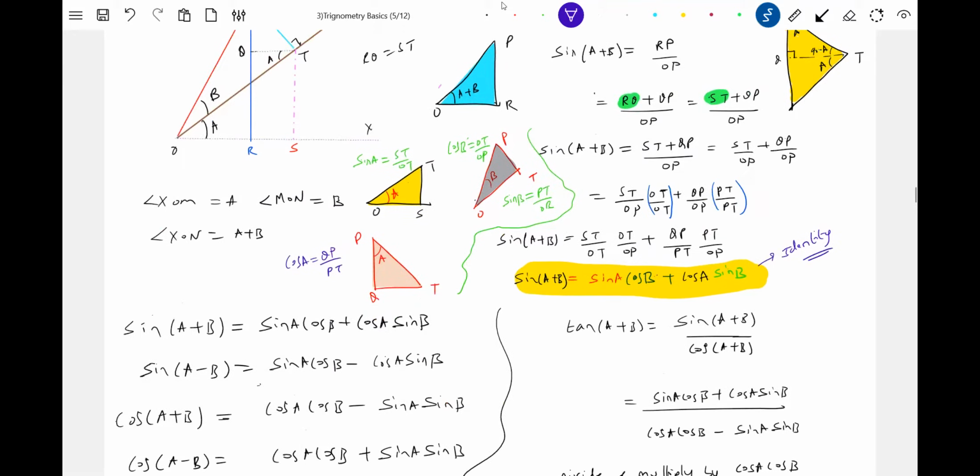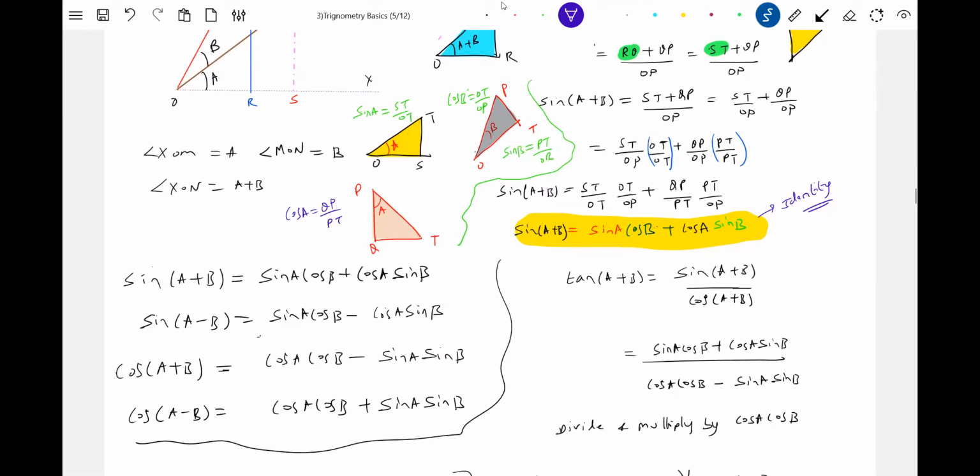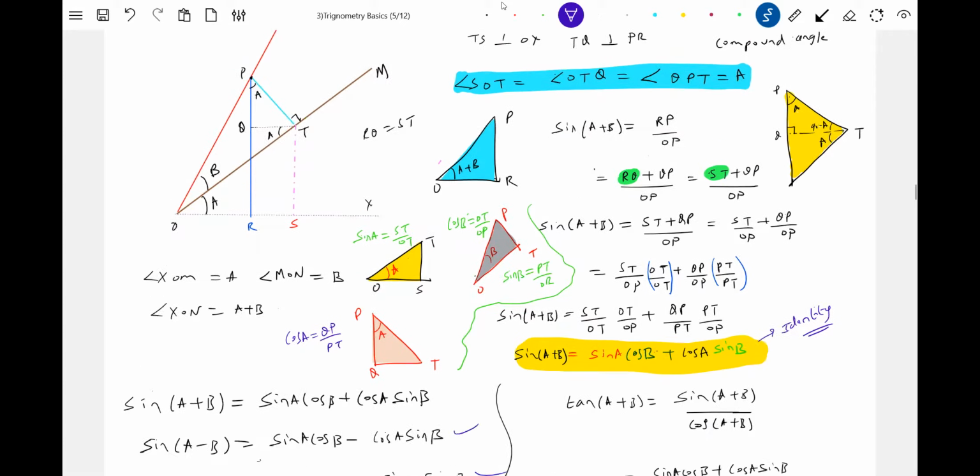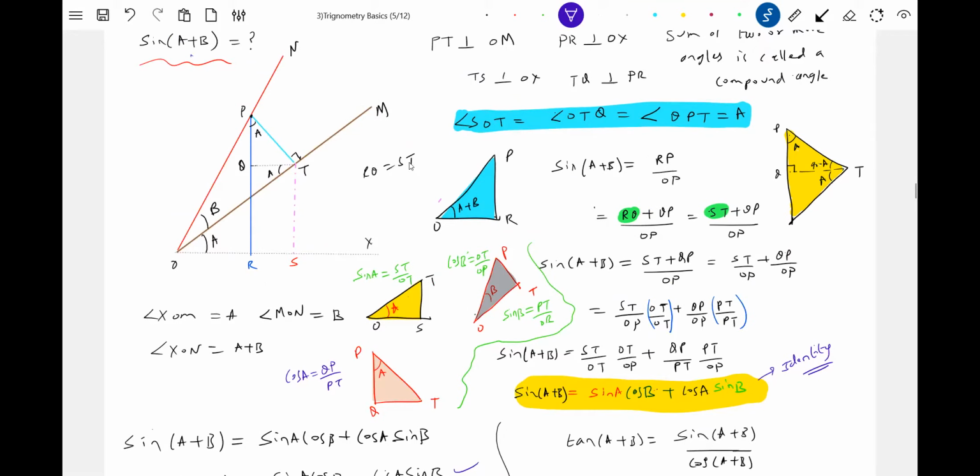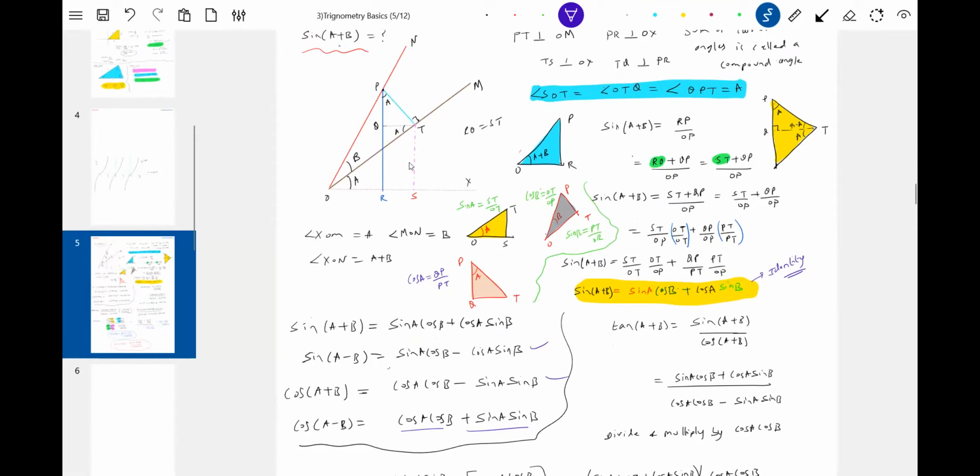Similarly, we can derive sine of A minus B, cos of A plus B: cos A cos B minus sin A sin B. Then cos of A minus B we can write as cos A cos B plus sin A sin B. The same mathematics is what you have to take help of. It's not my job to explore all these things. Your math teacher will explain how cos of A plus B is cos A cos B minus sin A sin B, like how we have brought a proof. Similarly, we can explore all the proofs that you are going to learn in mathematics.